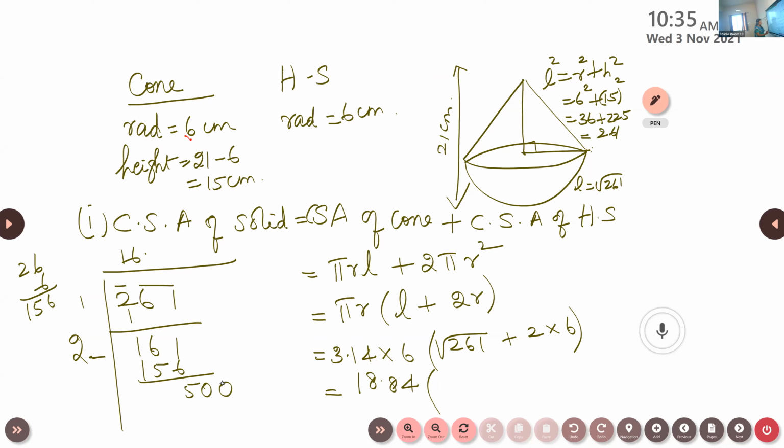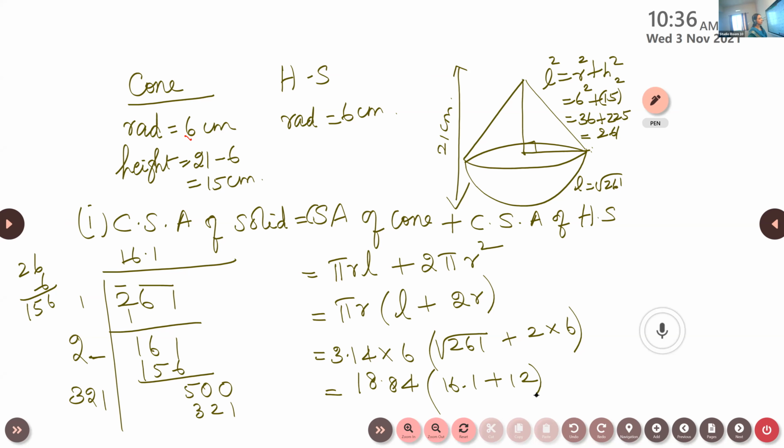16, when you double this, you'll get 32. Isn't it? Again, how many times it is possible? Only one time, isn't it? One time, 321. If you put 2, it will be exceeding. So we get 16.1. So it is 16.1 plus 12. Approximate value is enough. Now multiply this, simplify and give the final answer.